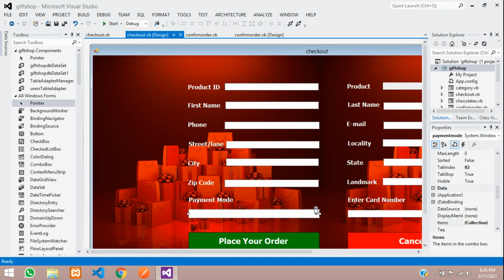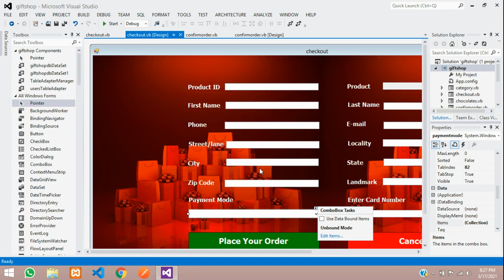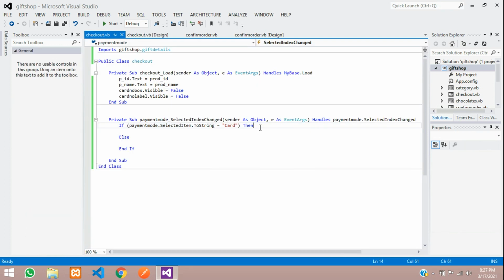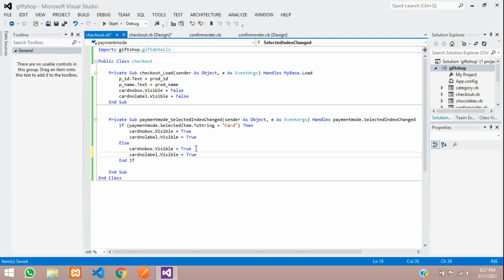In edit items, card with capital C. So if it is card, then we have to make the label and the text box visible, so make it true. Same thing for this, make it true. Else, just copy and paste the same thing and make it false again.